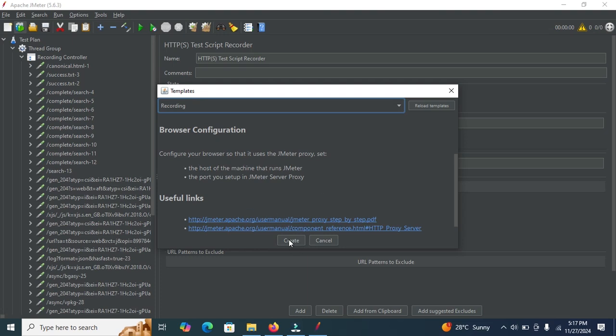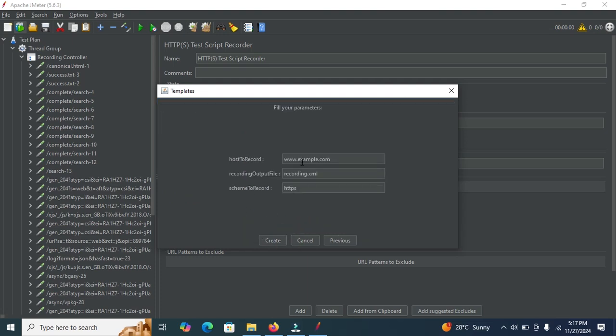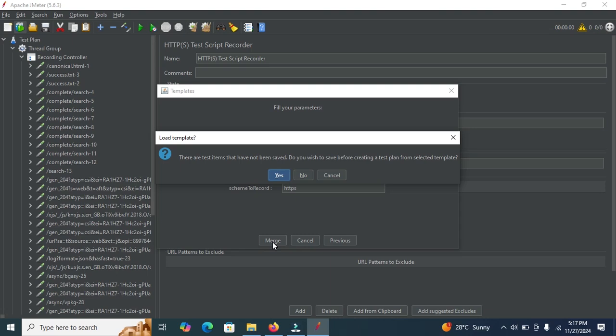It will ask you to enter the host name. Here you need to enter your website name, and this is the HTTPS protocol and recording dot XML recording output file. Click on create. Now it will ask you there are test items that have not been saved because here I did not save this test. So it will ask for save or no. So if I click on no,